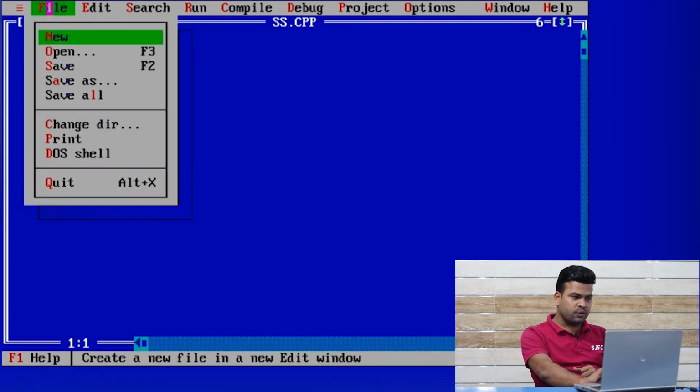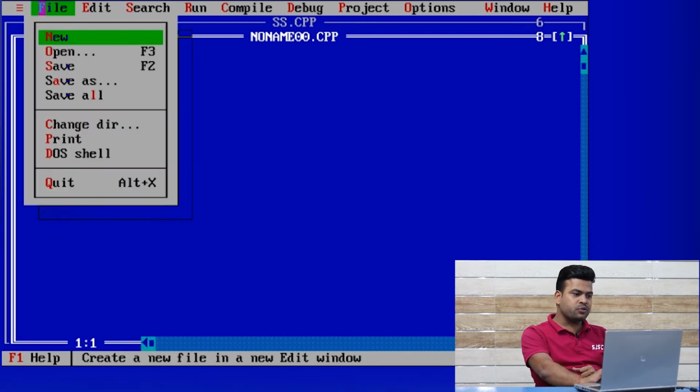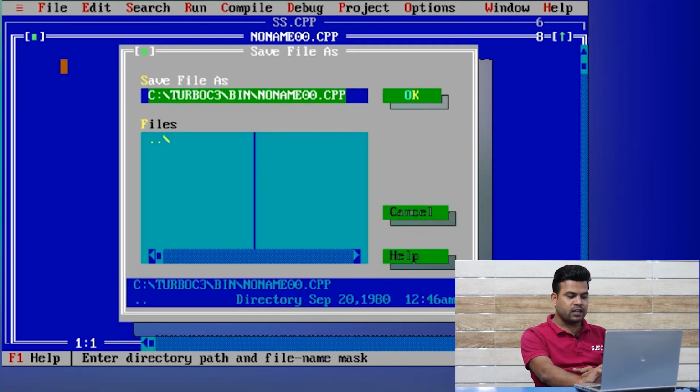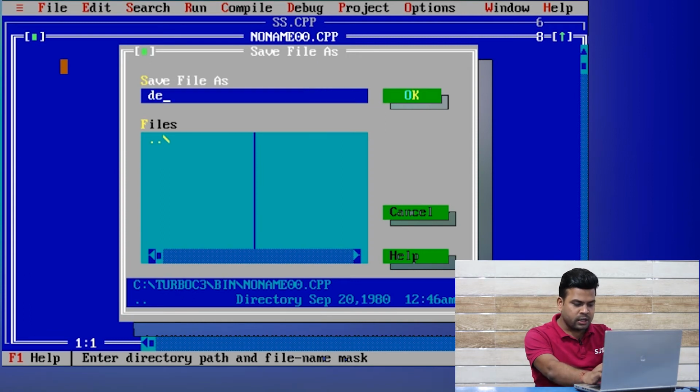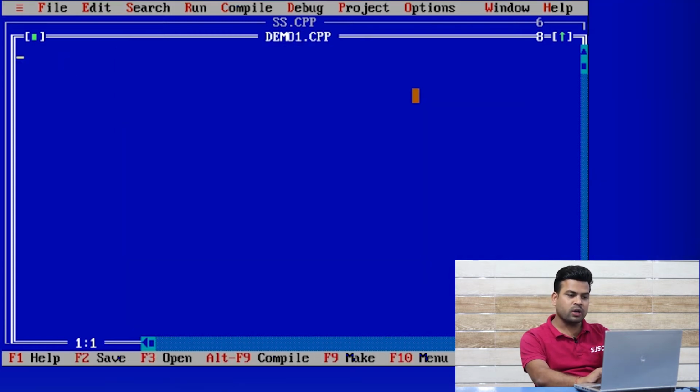Go to File, click on New, and your file will open. Then save that file by giving it a name, demo1.cpp. Cpp is the extension of a C++ file. Then click on the OK button.